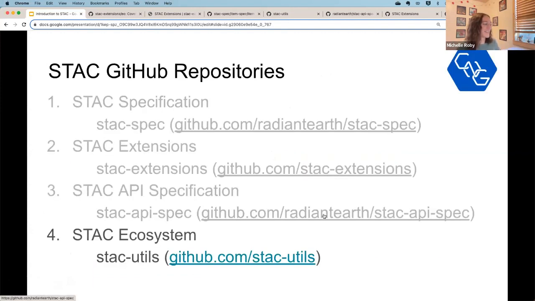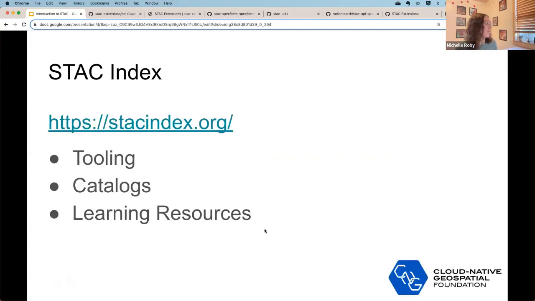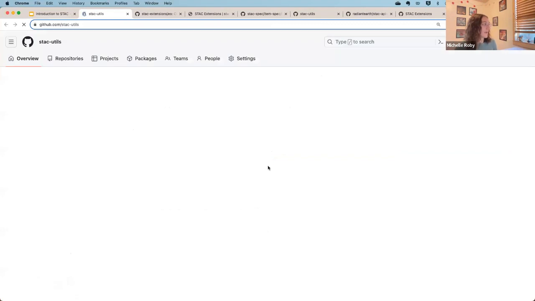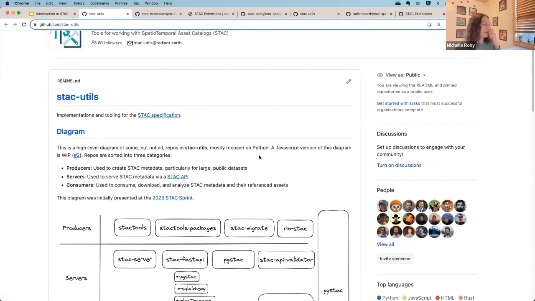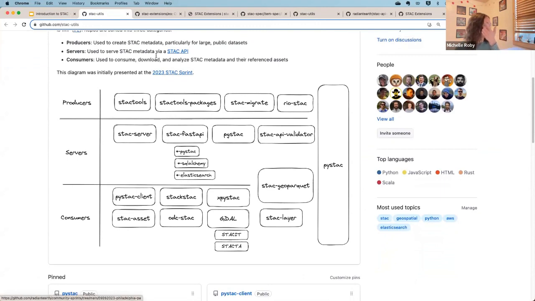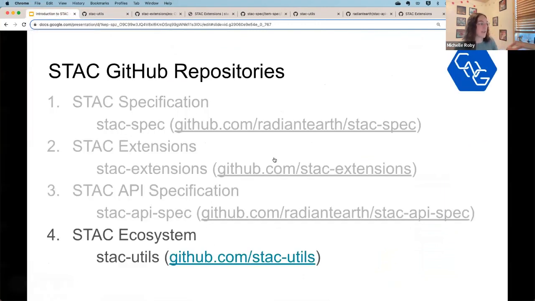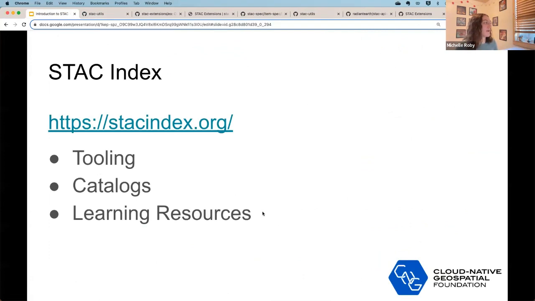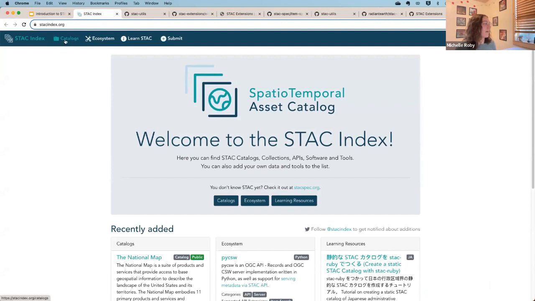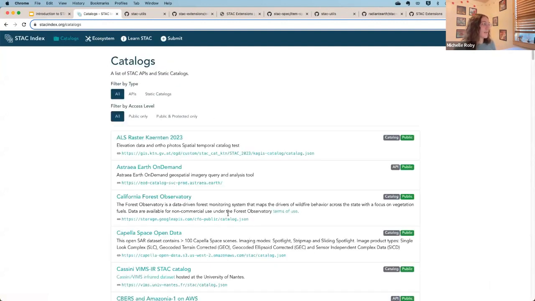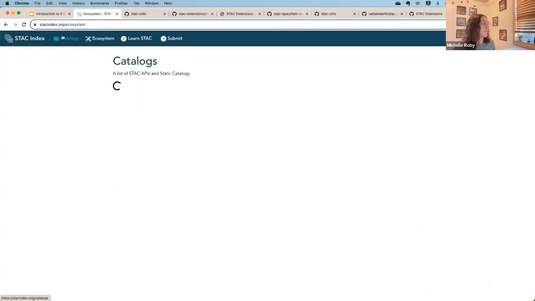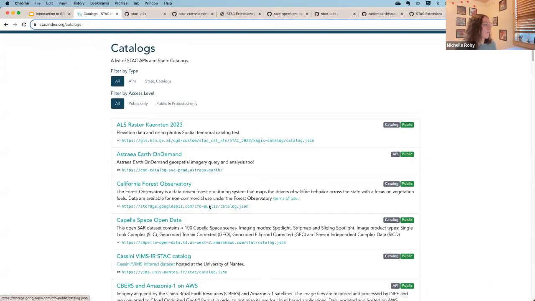And then the last section is just the ecosystem that I've now just briefly mentioned, where I'll just open this up quick. I linked to this earlier, but this is where all of the tools exist for STAC. And so on this next page, STAC Index is a resource that has tooling and catalogs that already exist. So up here we have existing catalogs that are for STAC. We have that you can look through if you're looking for a catalog and you want to know more.